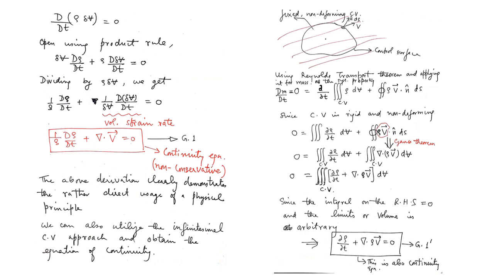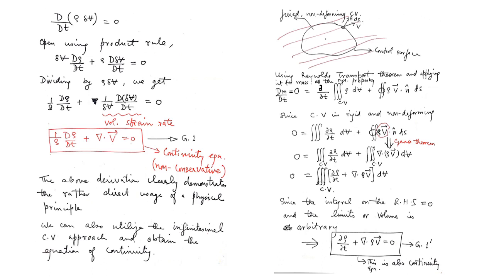So using Reynolds transport theorem and applying it for mass as a system property, because, as you have learnt in your earlier courses, the Reynolds transport theorem can be written for any extensive property of the system. In this case, mass is the property of interest because we are trying to apply the law of conservation of mass. So I say dm/dt of the system, which is coinciding with this control volume at a certain time instant, that material derivative should be 0.